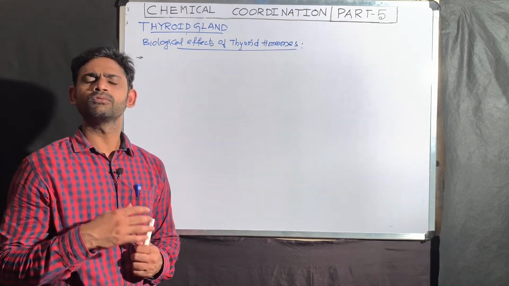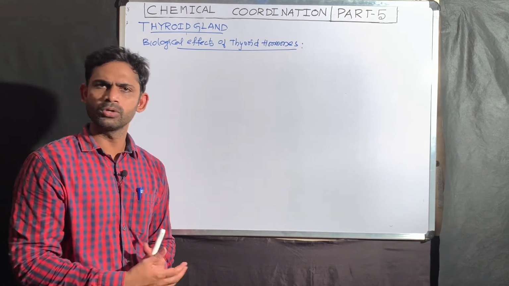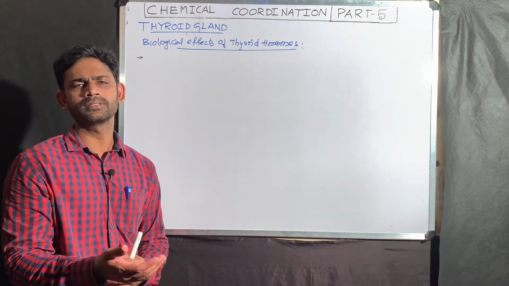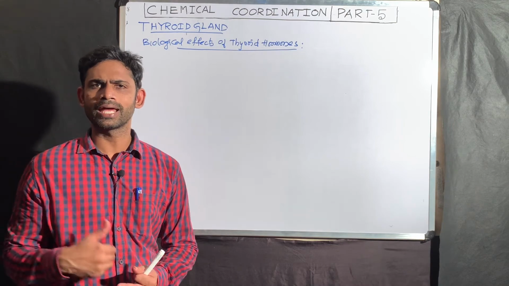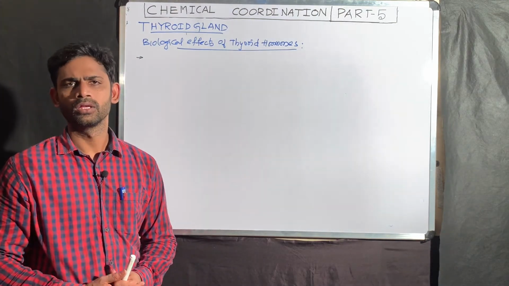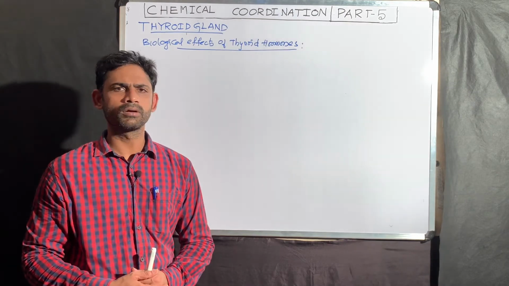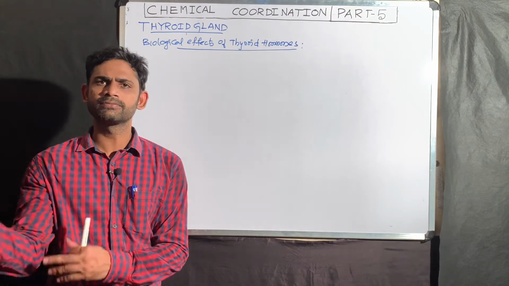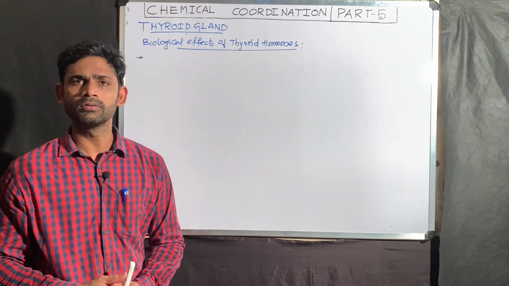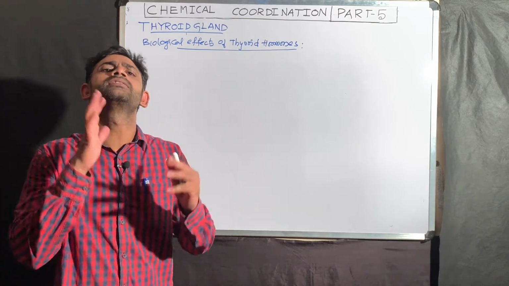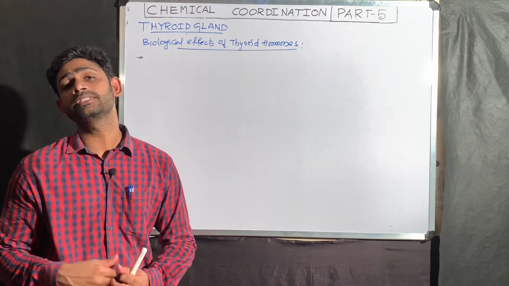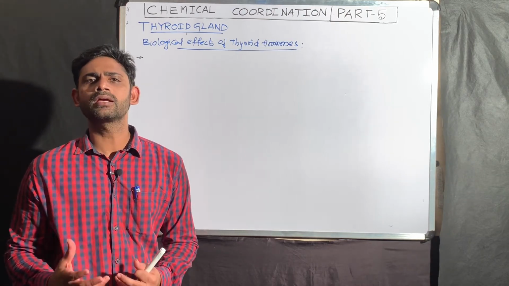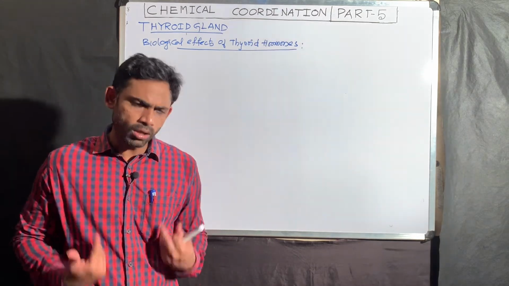For example, whatever the hormone, it has a specific target tissue. If you take the hypothalamus, many hypothalamic hormones act on the anterior pituitary gland. Growth hormone acts on the liver and bone. Like that, a particular hormone has a specific tissue. But thyroid hormones act on all body cells. So they fundamentally affect the basic biochemical or biological functions of all our body cells.